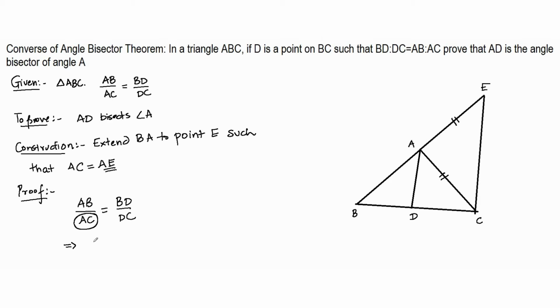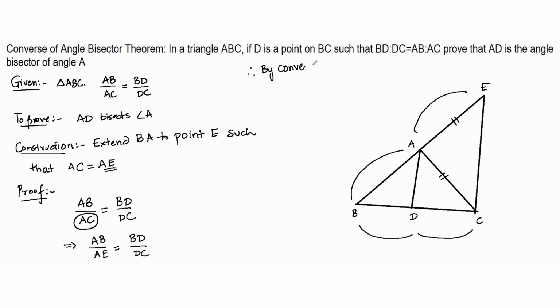So this becomes AB upon AE is equal to BD upon DC. So if you think about it, BA upon AE is equal to BD upon DC, and therefore by the converse of BPT,